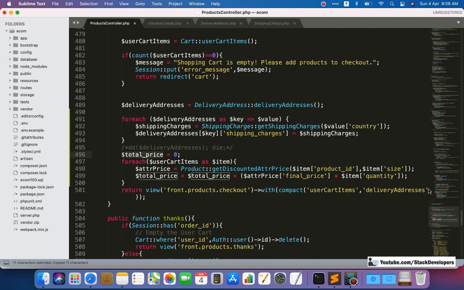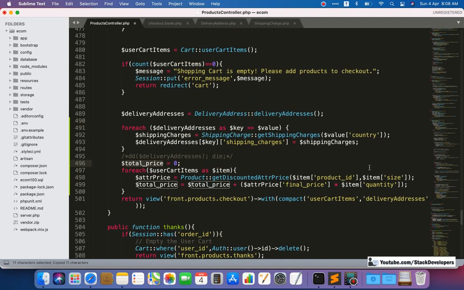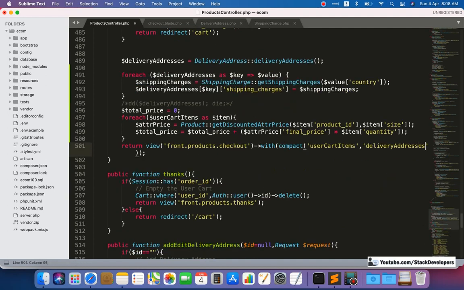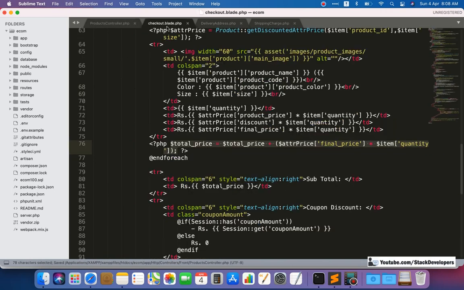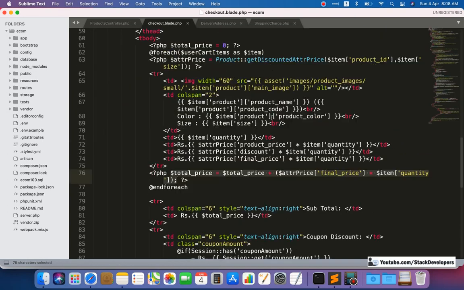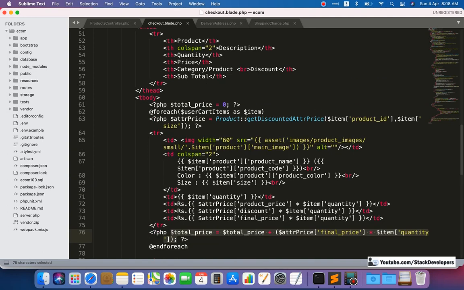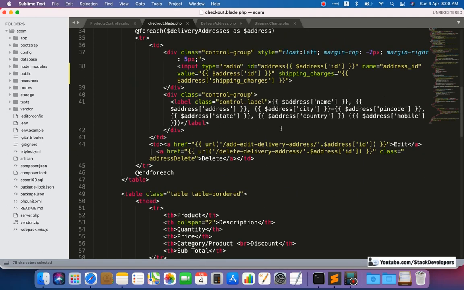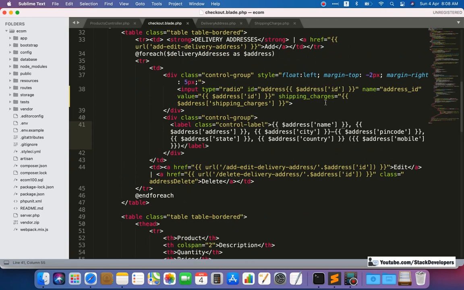So this total price we are going to pass here as well. Here we will make the total price available, and we need to pass the total price in the same way, here total underscore price.